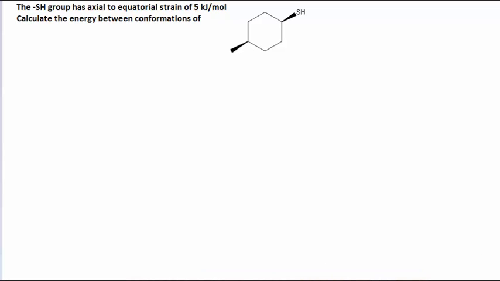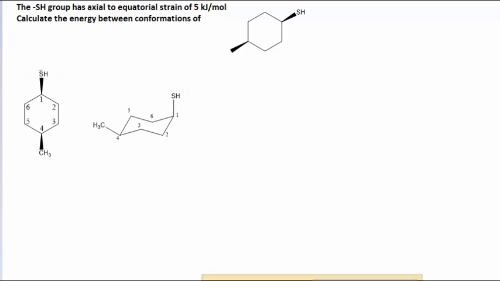So at first, you're going to attempt the problem exactly the same way you attempted the other ones. You're going to number your skeleton, and then you are going to convert that to a chair. I'll assume you know how to do this by now, since you've done enough examples, hopefully. And then you want to ring flip it to the other chair conformation, because we want to calculate the energy